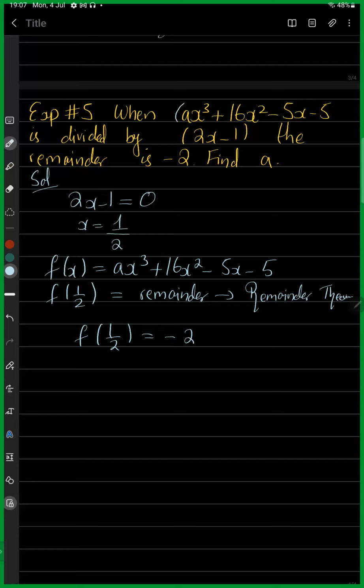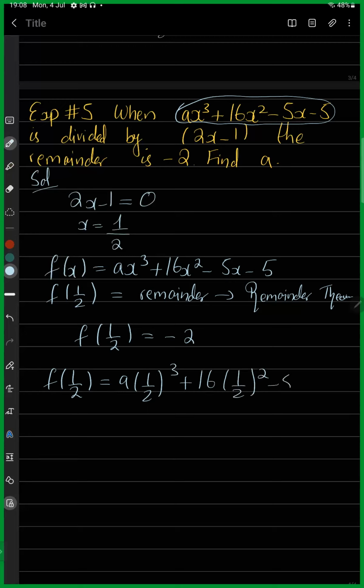this is the polynomial. So if f of x is ax cubed plus 16x squared minus 5x minus 5, f of 1 by 2 is going to be a multiplied by 1 by 2 cubed plus 16 into 1 by 2 squared minus 5 into 1 by 2 minus 5. Let's just simplify this. This would give me a divided by 8 plus 4 minus 5 by 2 minus 5,